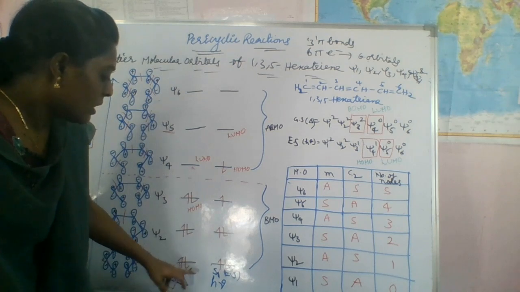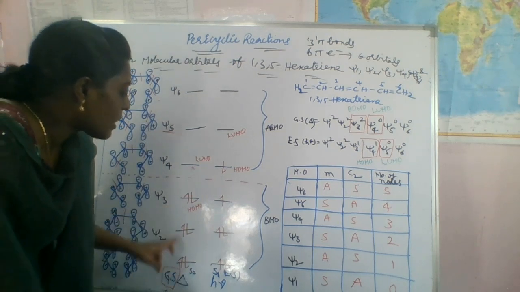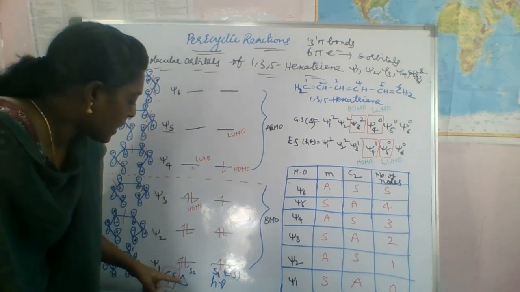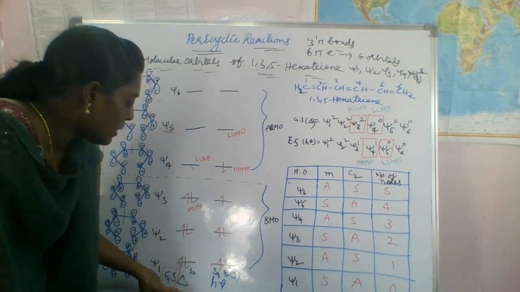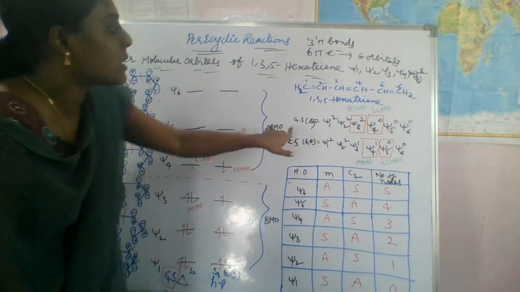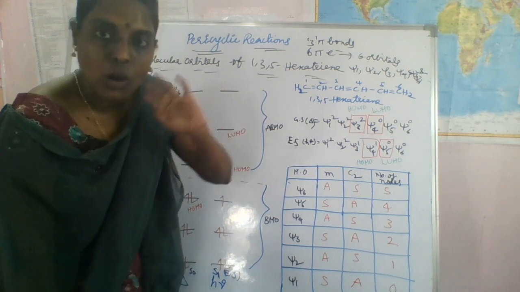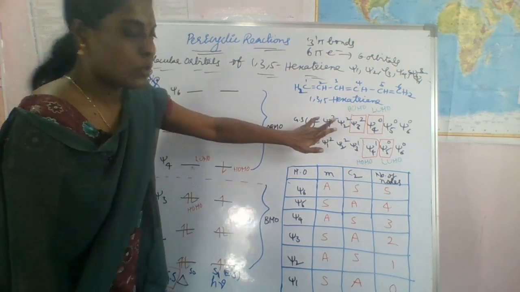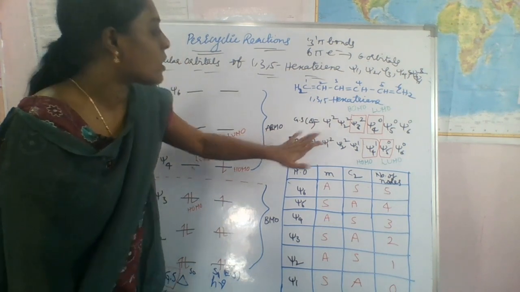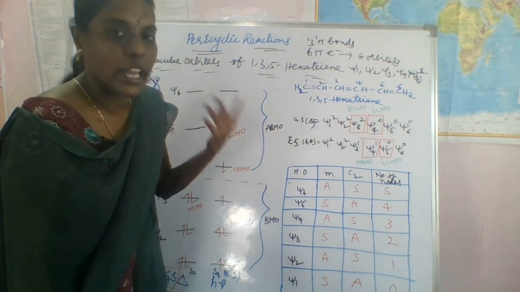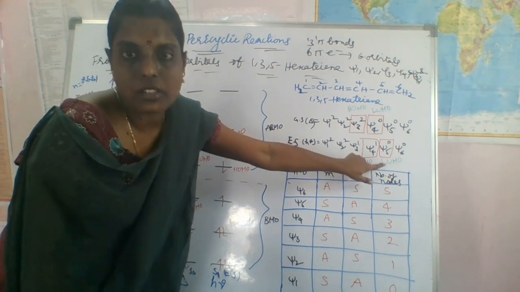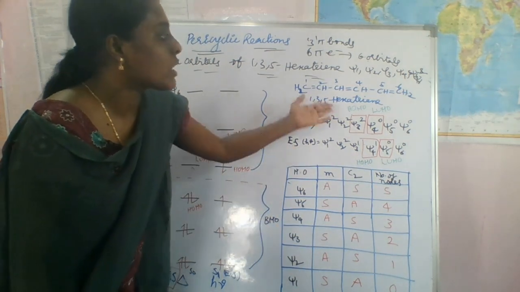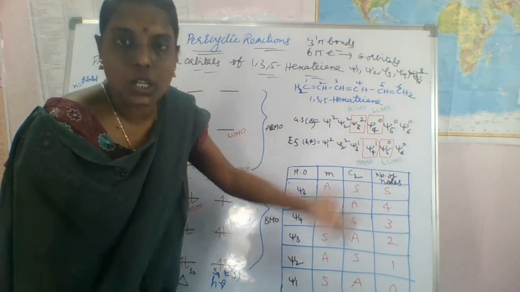Okay, so this is S naught, meaning all electrons are paired up, a singlet state. So this is the thermal condition. You have to keep this in mind. For the thermal condition, we have to write the ground state configuration and take the ground state configuration. For the photochemical condition, we have to take the excited configuration. Then only can we assign which one is the HOMO and which one is the LUMO, right?